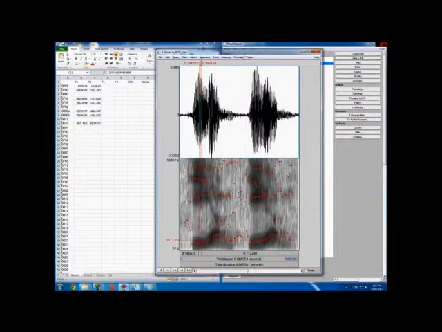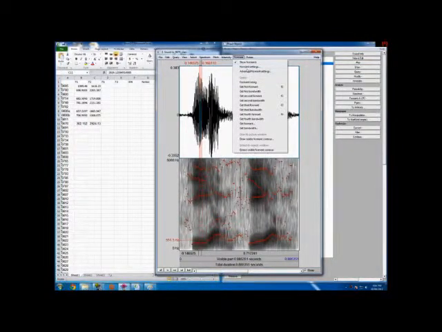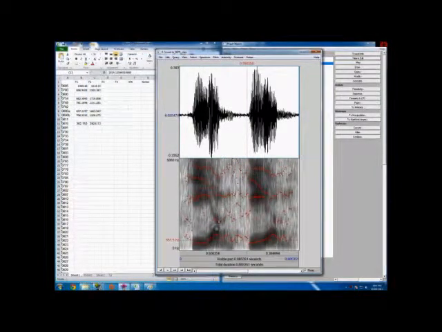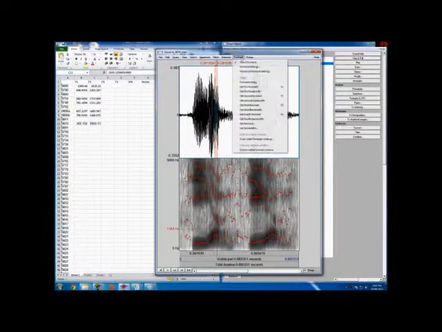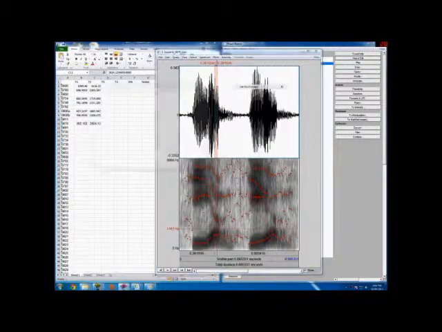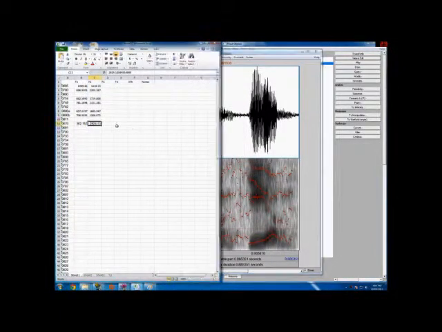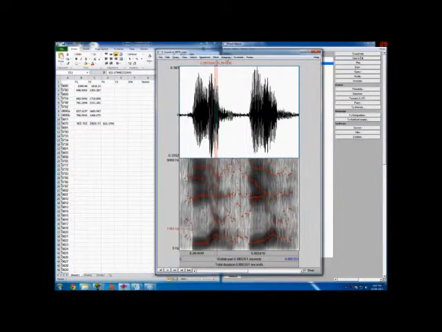Now we might clean up these a bit again. Put it back up to 5. Yeah, that's a bit better. Now this is obviously very short and the formants aren't very well defined, so that's something you can mention in this notes column here, and we encourage you to do that. So that's about as good as we're going to get. So if you get the first formant and get the second